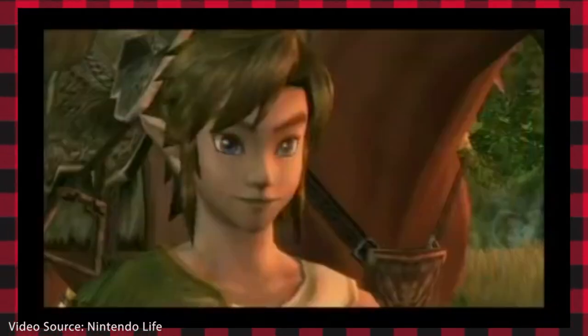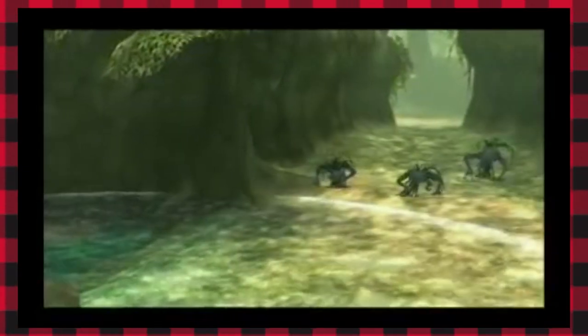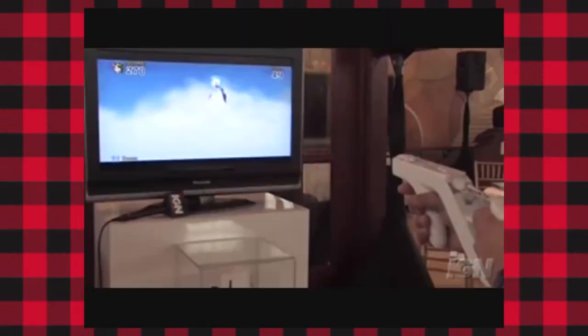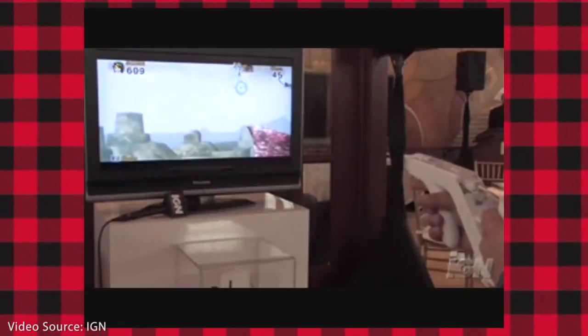Apparently, the team had originally envisioned something grander, akin to the base game, but eventually the project was scaled back and it was decided to design the game around the Wii Zapper accessory, which was in development around the same time. The game would become a typical light gun style shooter, putting players in the role of Link, though now